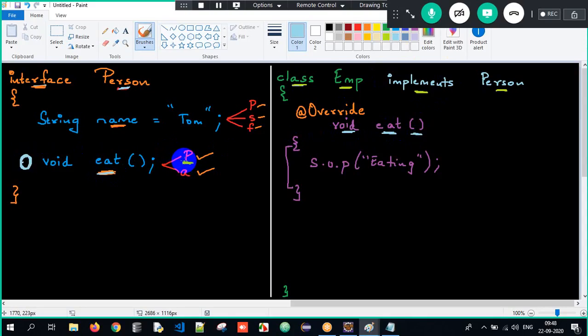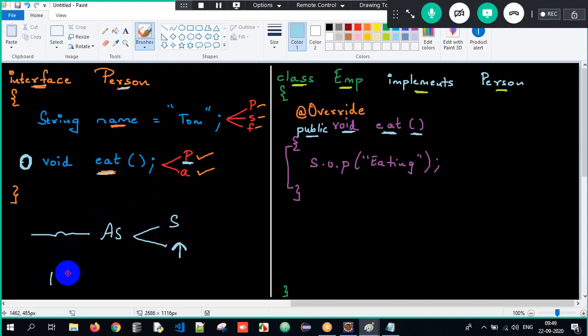So whenever you override a method from an interface, make sure you have the same access specifier or increased visibility.